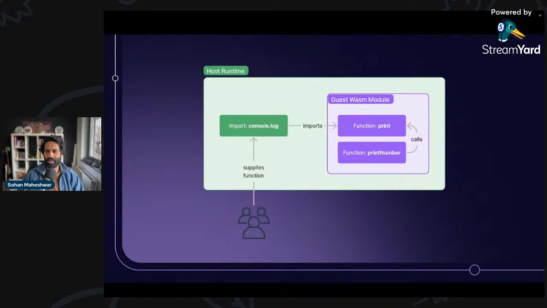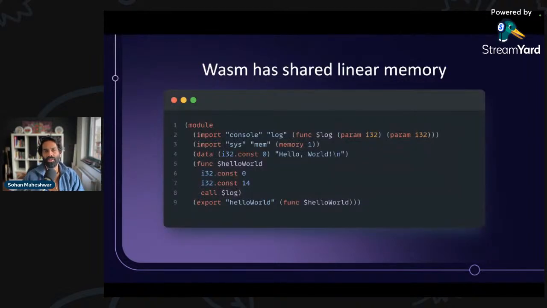How does that actually work? Well, the cool thing about WebAssembly is it has this thing called a shared linear memory. What that means is, these are big words, so I'll break it down. Essentially, it's a contiguous block of memory that is shared between different Wasm modules within a host. In some compilers, interpreters, whatever, when you allocate memory, it randomly allocates different sections of memory within your hard disk or whatever.